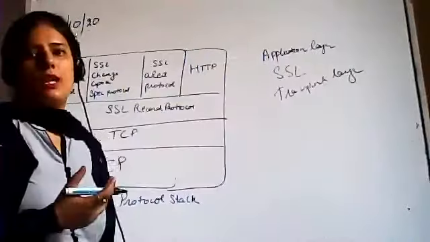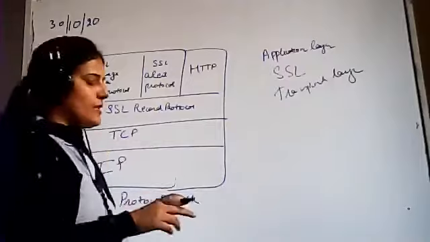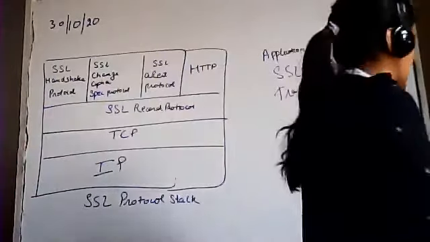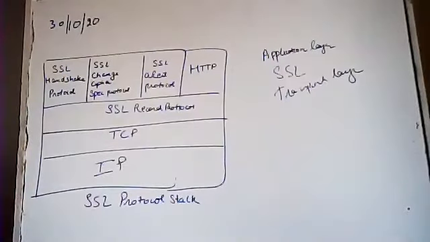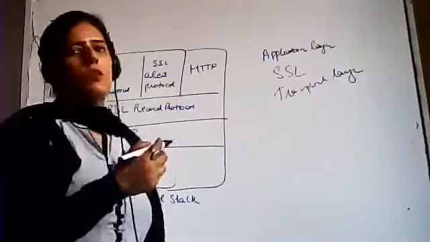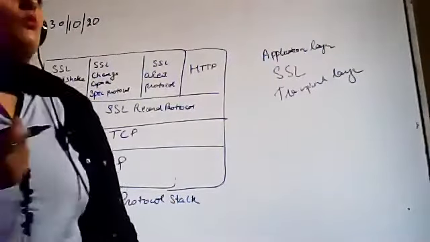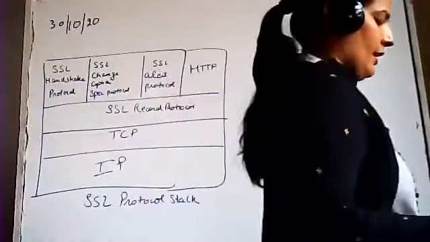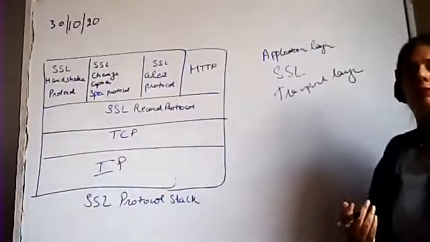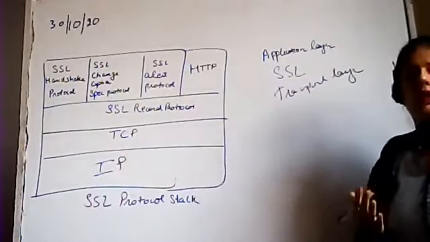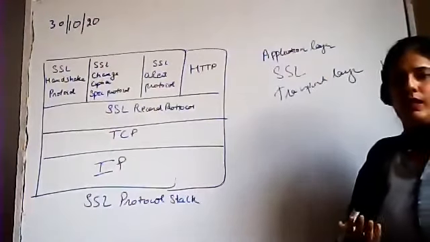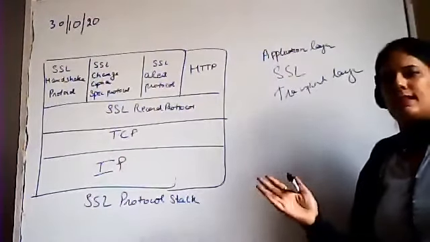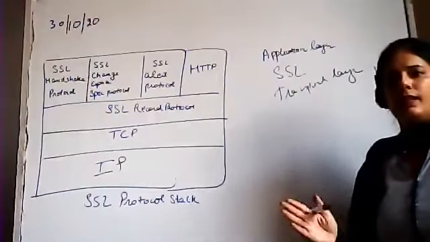So you are not using at this particular time any type of authentication algorithms, but you are directly making your layer itself a secure layer. Okay, so at that time you can use the concept of a secure socket layer. When we need to transfer data between a server and a client, or between two entities, a source and a destination, or a web browser and a web server, at that time you can provide security using this SSL layer, that is secure socket layer.